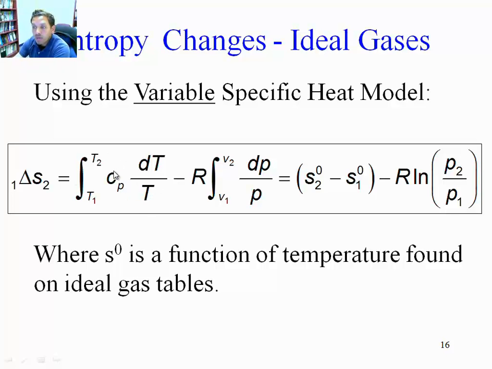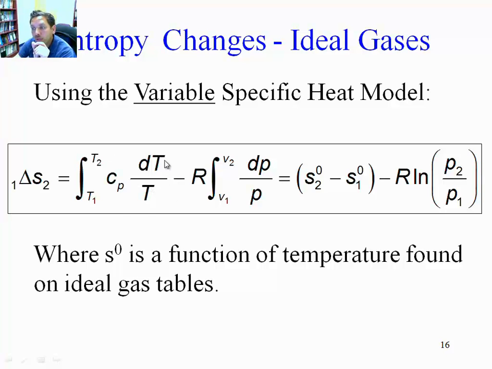Now, this integral could be solved if we had an algebraic form for Cp, if we knew that Cp is a polynomial of the temperature, and sometimes it can be approximated as such. Cp is a third order polynomial of the temperature, for example. But in general, we just tabulate those values. And what we're going to do is separate this integral. We're going to call this integral S0. S0 is not the entropy, it's just a component of the entropy that is given by this little integral here.